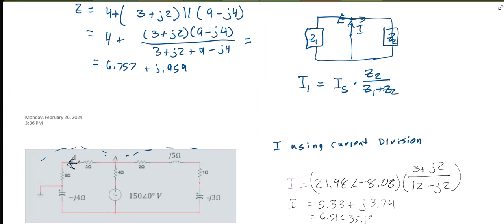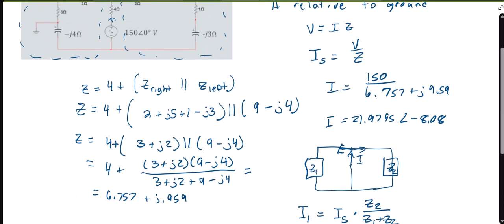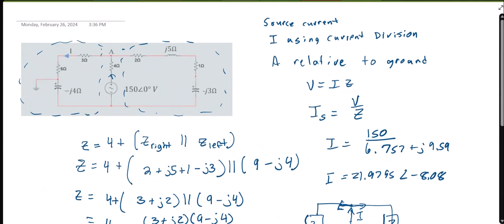Okay, and then the last part of this problem was to say what is the voltage of A relative to ground. And so ground is labeled right here. And we already did all this work to find I. So we can use that. That'll make things easy for us. I is going from A to ground. So I can say that